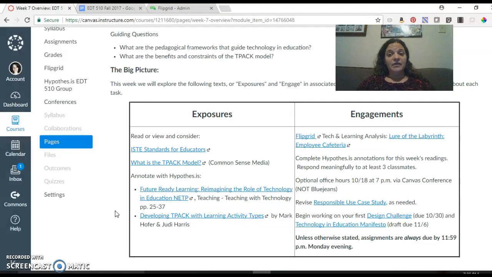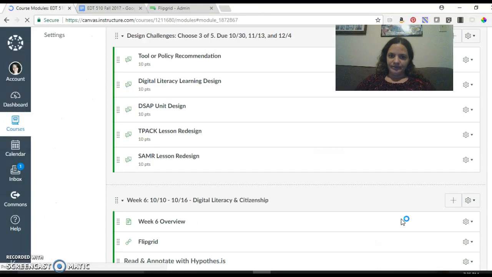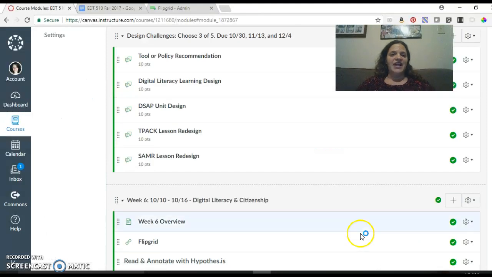And these topics relate directly to some upcoming assignments for your design challenge. As a reminder, your first design challenge is due on October 30th. I have rearranged this information in Canvas this week. It's been there for a few weeks, but I heard that there was some confusion about the directions. So when you click on Design Challenge, it's going to bring you to a module where I've listed all of your options for the Design Challenge. And there are 5 options listed here.